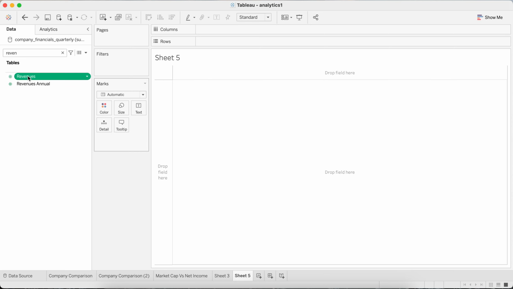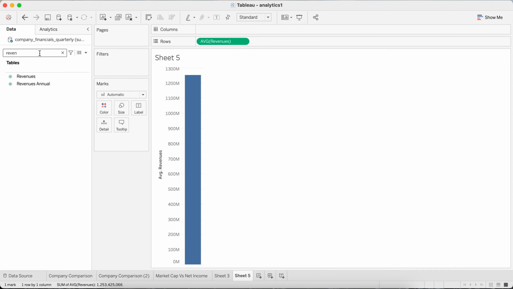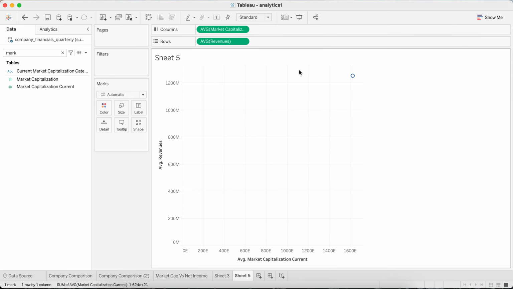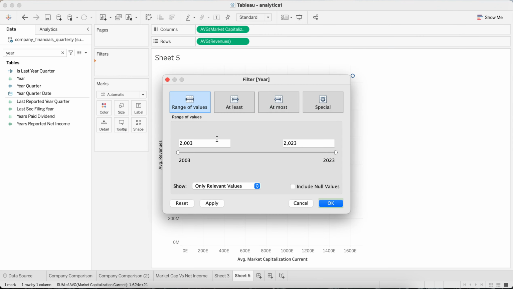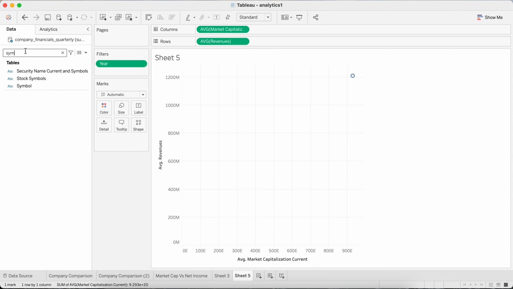Let's start with revenues because they're always positive, and we'll take an average. And let's look at market capitalization, which is their current. Let's take the average of that. Let's take a year filter. So we're only interested in, for example, let's say since 2020. And let's add symbols